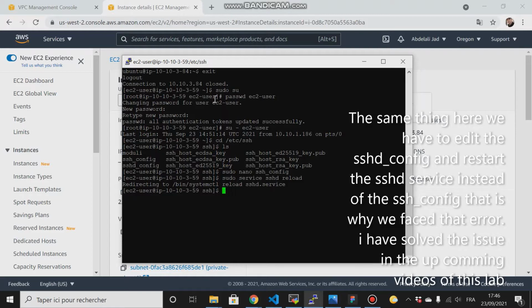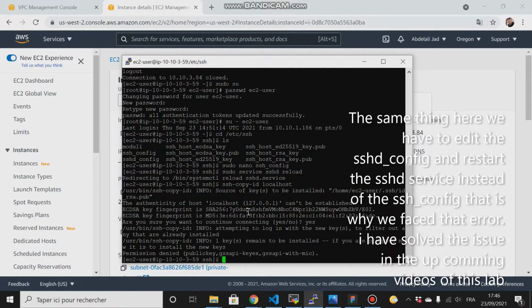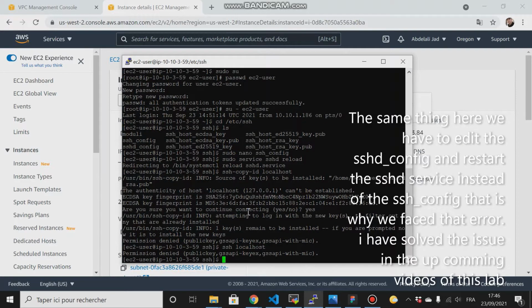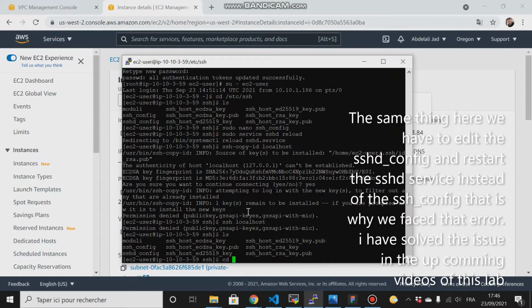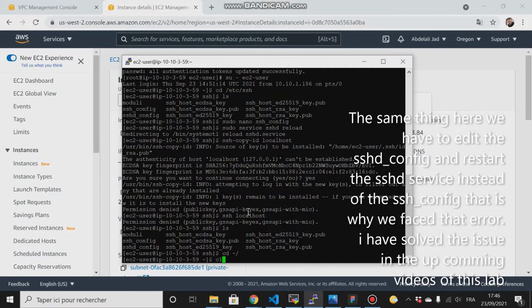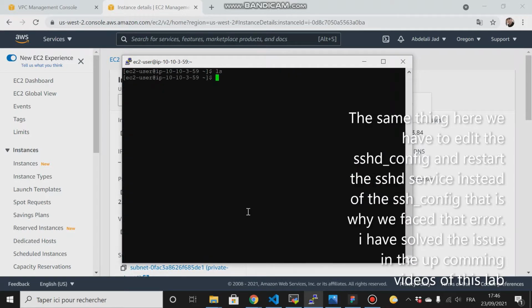So now if I try to ssh copy id, then to my local host, right? Yes. So there is a mistake here. So if I try to ssh to my local host, right? The permission denied. So what I have to do is come back to the home directory, right? Is the ssh